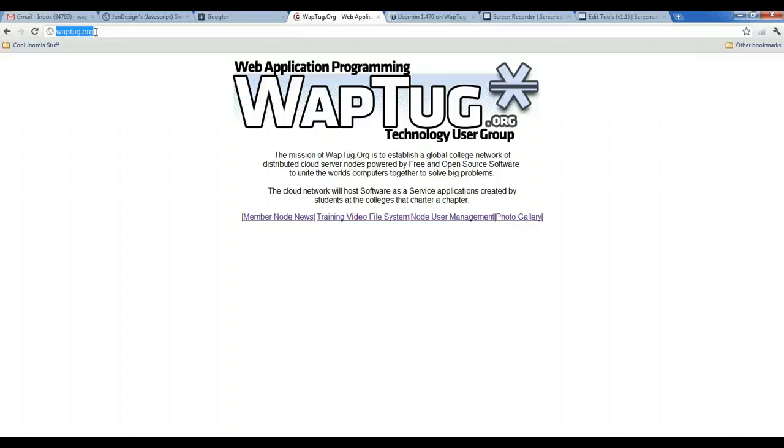One we've been using the longest, we originally started out using waptug.org, and as we progressed we decided we wanted to use waptug.org as a parent corporation to manage all of these clubs that we end up chartering. So we have chartered a club at Cascadia called the Next Generation IT Club,